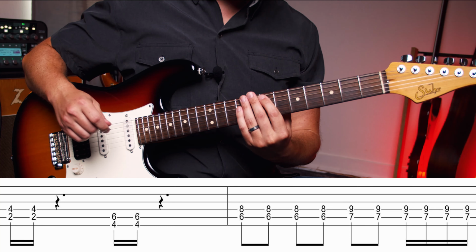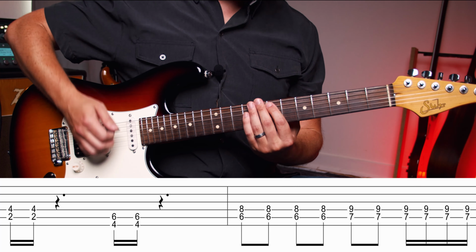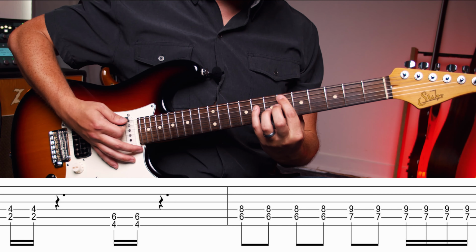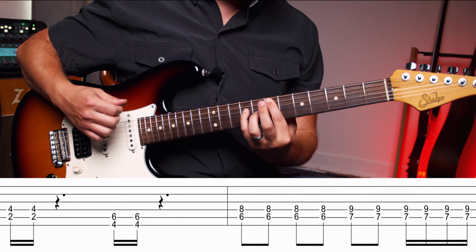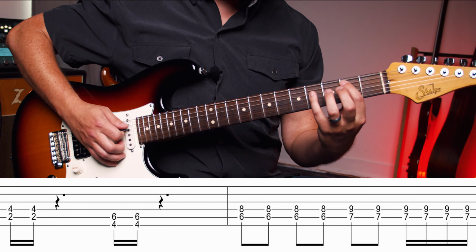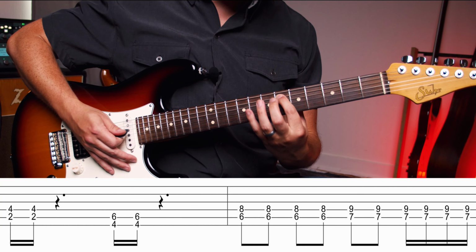Now in the bridge section, it's gonna do basically the same thing, just minus a couple of the rests that we did. So it's gonna start off exactly the same. It's gonna go, and then here, we're gonna go, so same chords, just without the rest. So we're gonna go twice here on this 2-4, rest, and then the 4-6, rest, and then the 6-8 here,